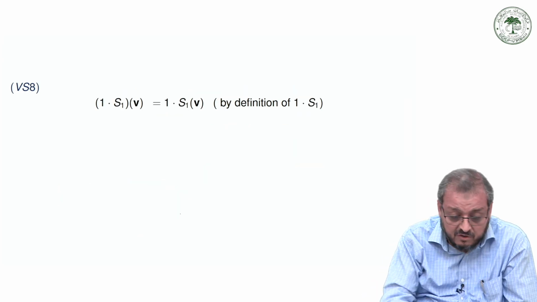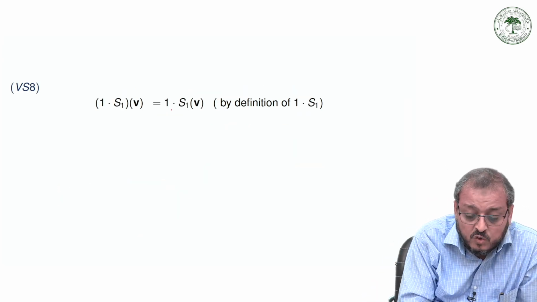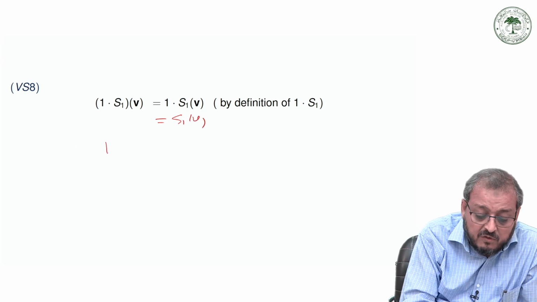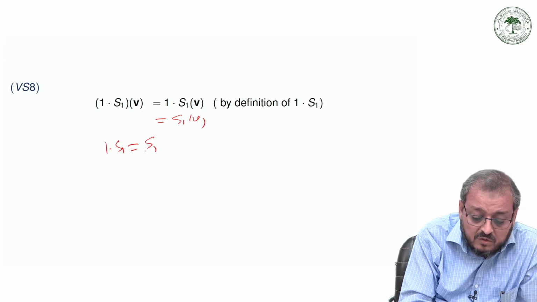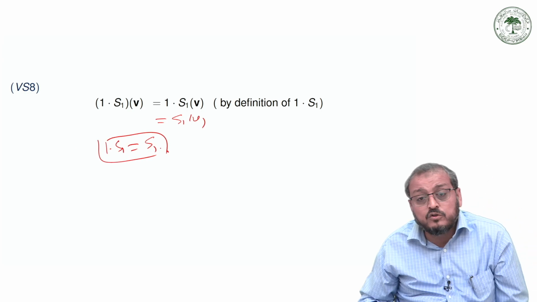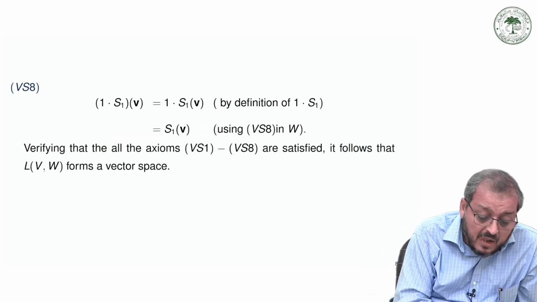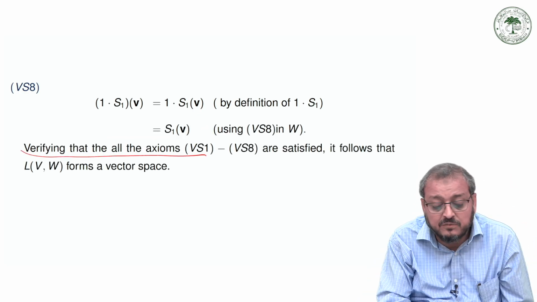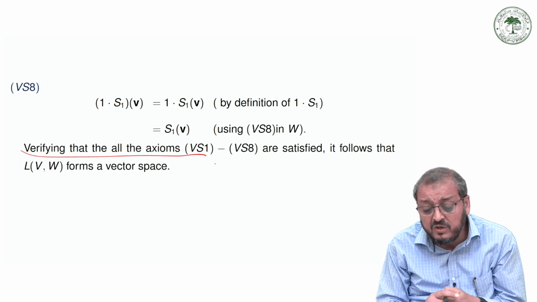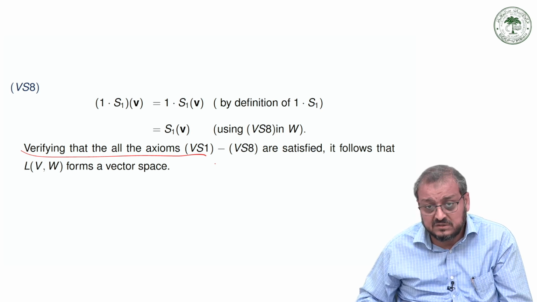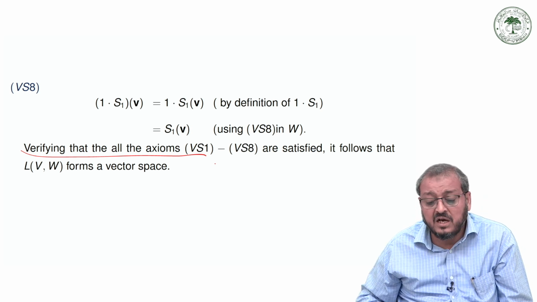Alpha is equal to 1. So 1 into S1 is equal to 1 into S1, and this is nothing but S1 of V, and then we have 1 into S1 is equal to S1 for all V belonging to this. So we just say that this is true, and then we have to verify that all the axioms VS1 to VS8 are satisfied,